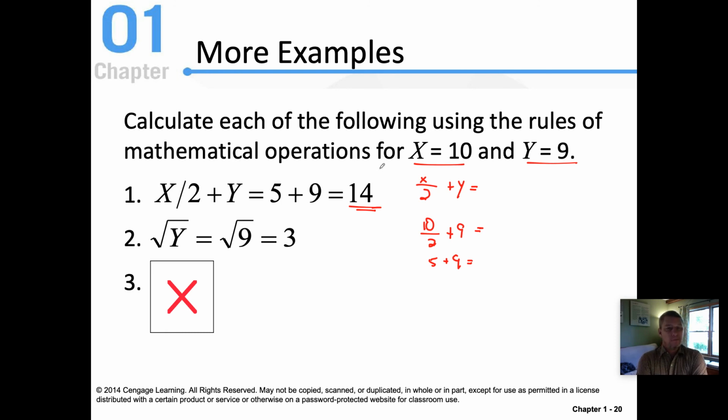In the second one, it just is the square root of y, and of course, if y equals 9, then the term or the function becomes the square root of 9, and the square root of 9 is 3. All right, and we're going to skip the third example here, but don't even worry about it. Okay, so that brings us to the end of the second of 2 videos on Chapter 1,